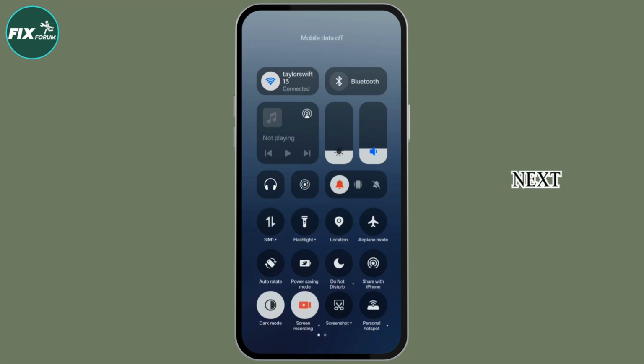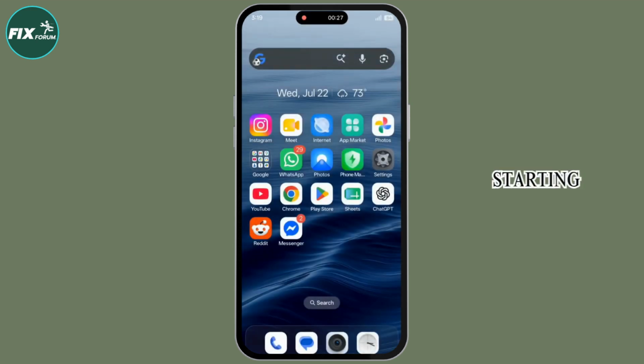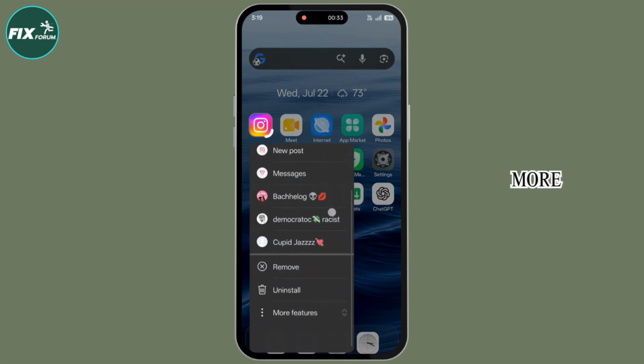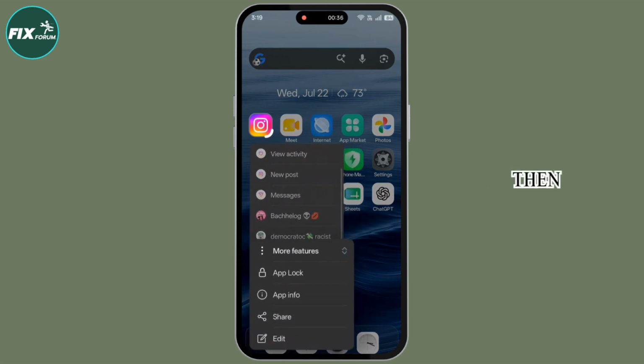Next thing that you can do is simply turn on your airplane mode for like 30 to 40 seconds. After that, turn it off. Make sure it's connected to Wi-Fi again. Then try starting Instagram. Or simply click and hold on Instagram icon, then click on more features, then click